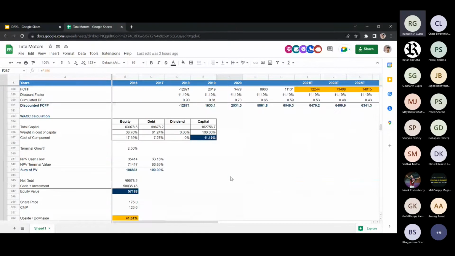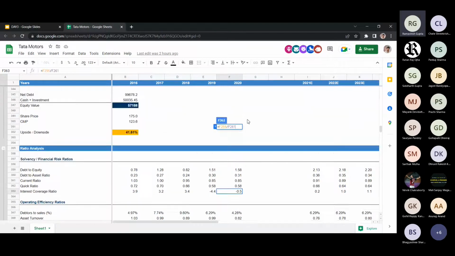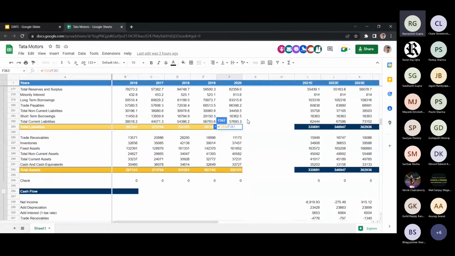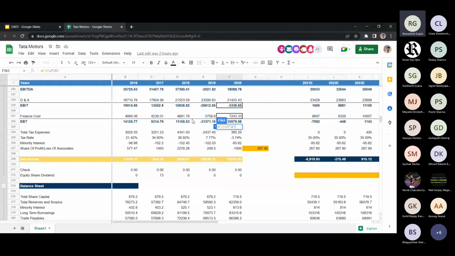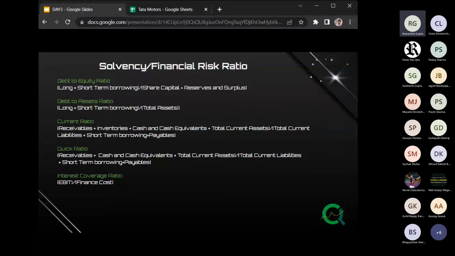And the next is the interest coverage ratio. This is basically the income it will generate. Sorry, total income before interest and tax, and we will divide it by financial cost. That will give us how much money it will generate from the interest that it is paying. If anybody has any doubt till here, you can just unmute yourself and ask me. Then I'll go ahead. Okay, if there are no doubts, I'll just move ahead.